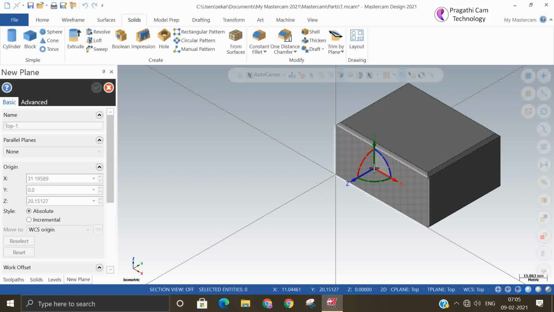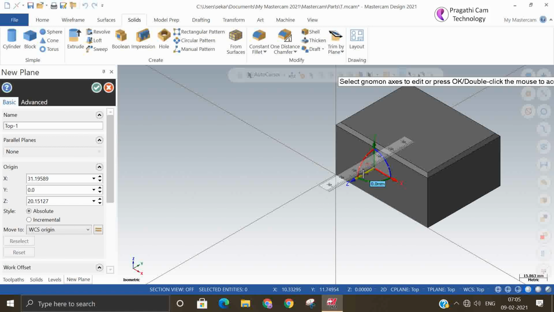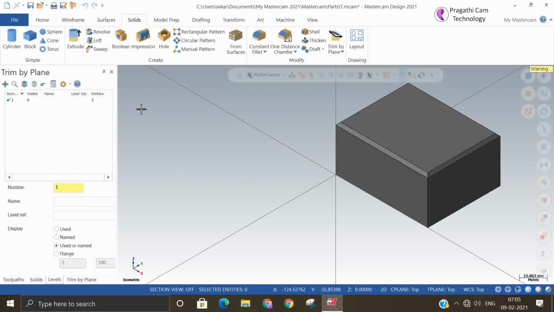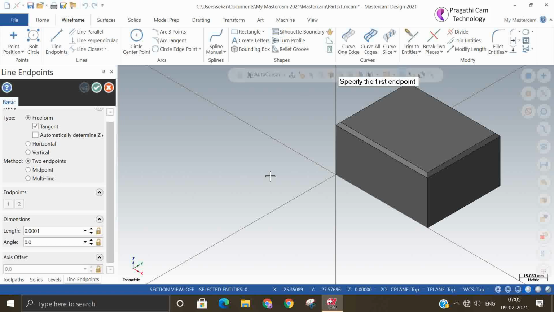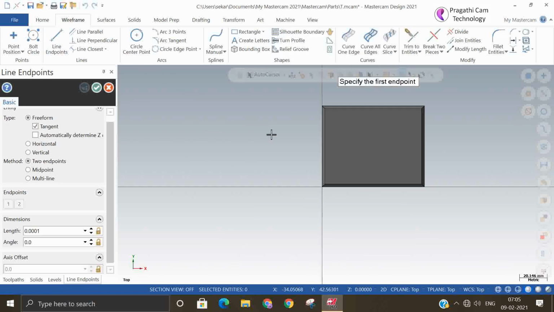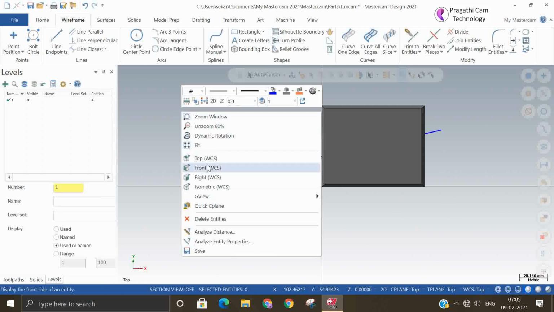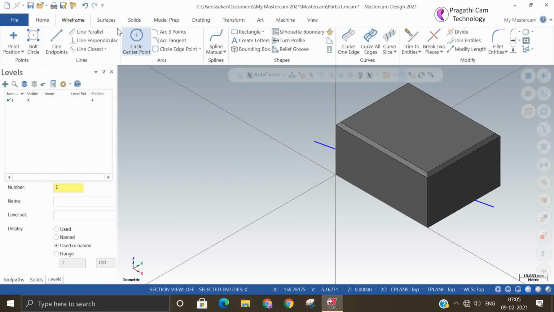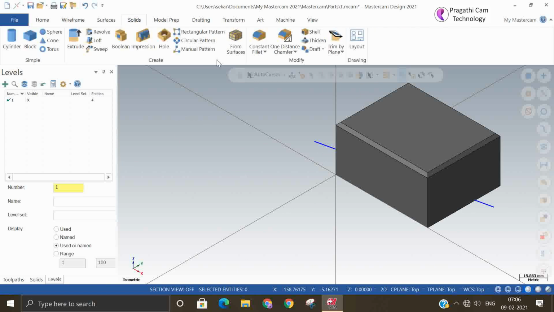Instead of making so many exercises, it's better to do this. You don't need to jump into the plane. Just draw one line wherever you want to make a cut, and go for trim to plane.